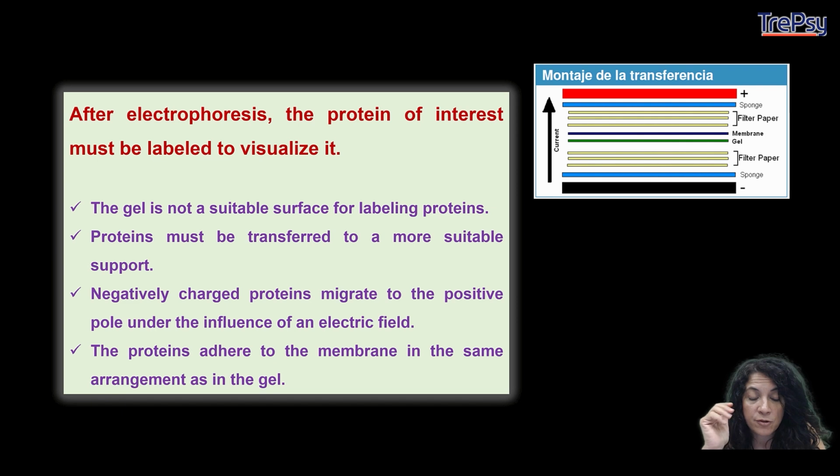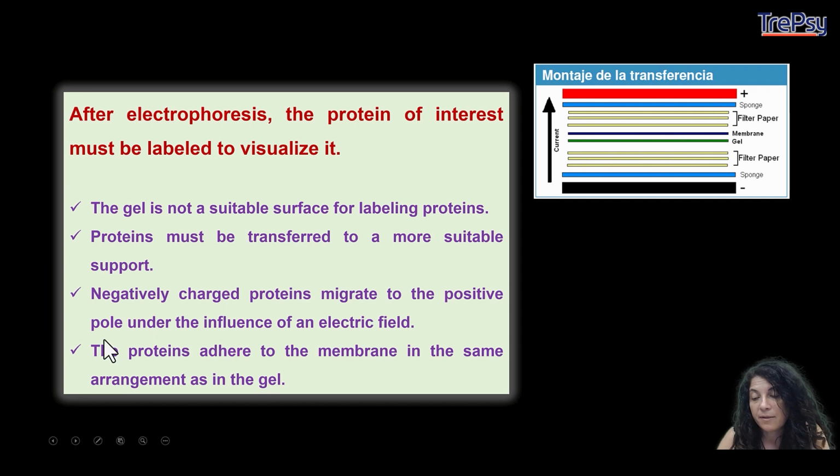The gel is not a suitable surface for labeling proteins. Proteins must be transferred to a more suitable support. I have a membrane on which I can do my immunodetection. Negatively charged proteins migrate to the positive pole under the influence of an electric